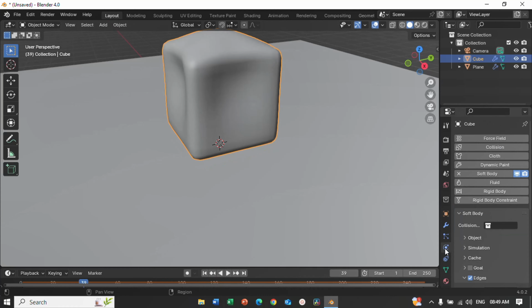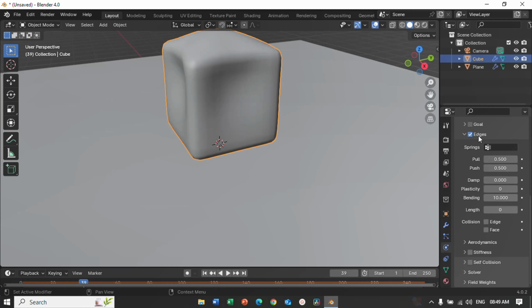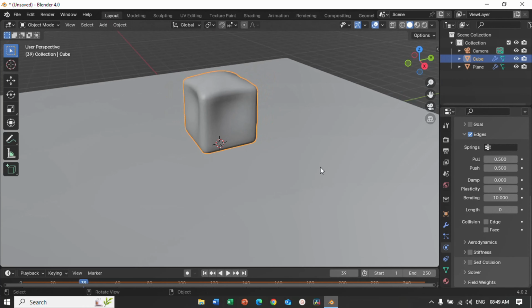You can just head over to the physics tab, and you can play with some more settings to see how this one looks. Most of the settings that are useful are in the edge group. You can change the push or pull factor that changes the edge spring stiffness. Also you can increase the damping that is for the friction. And you can also go with plasticity to give it some unchangeable deform. Let's give it some plasticity to see how it looks.